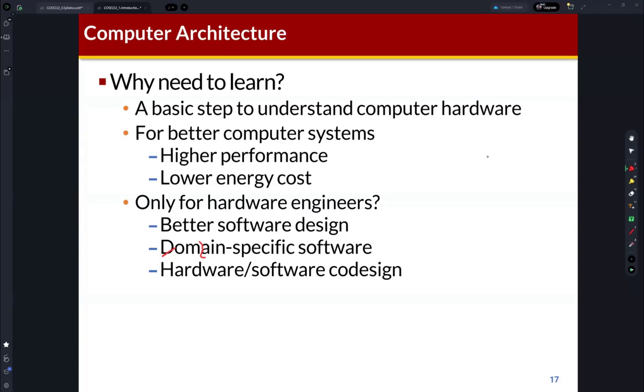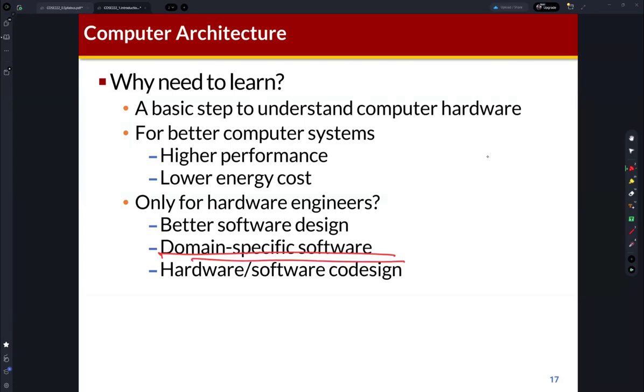Also, recently, domain-specific software is very critical. For example, AI applications, right? We can run our AI applications on GPU, but I mentioned that a GPU is totally different from the structure of a CPU, which means in order to run our AI applications efficiently, we need to understand the hardware architecture of GPU. So for domain-specific software,